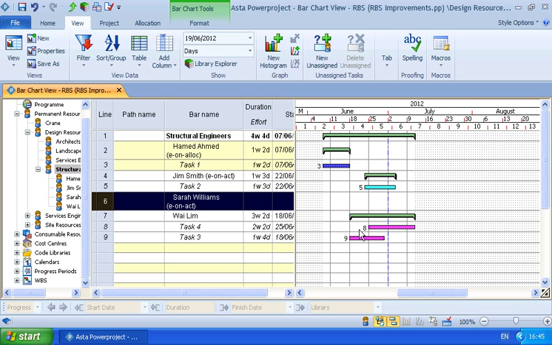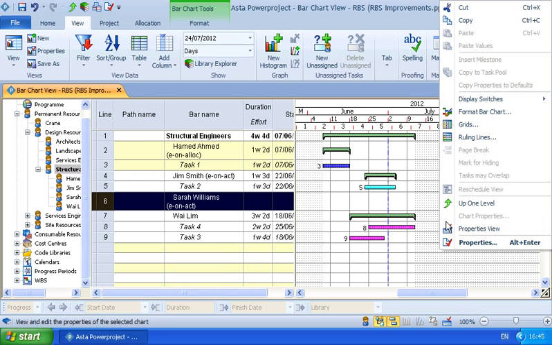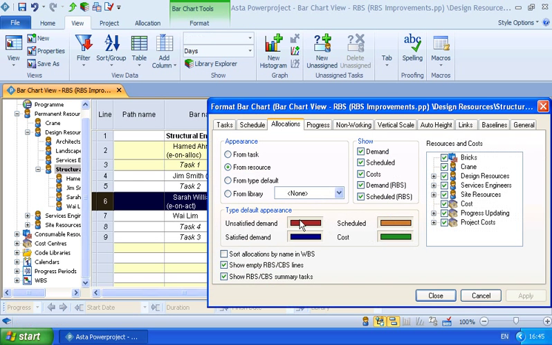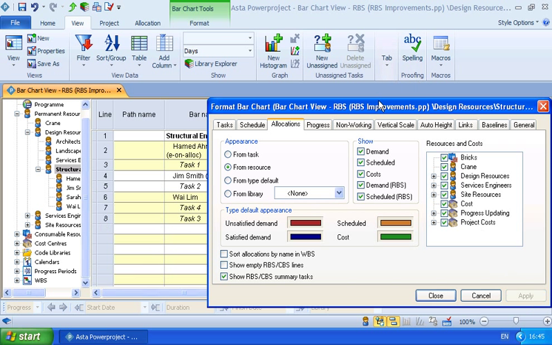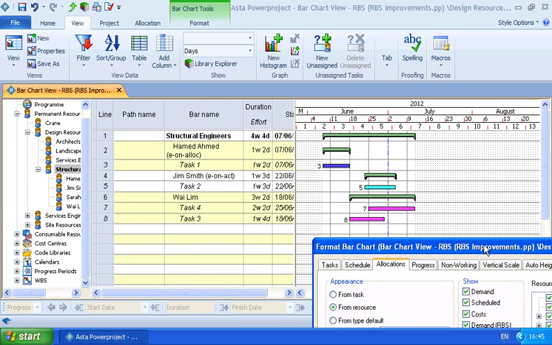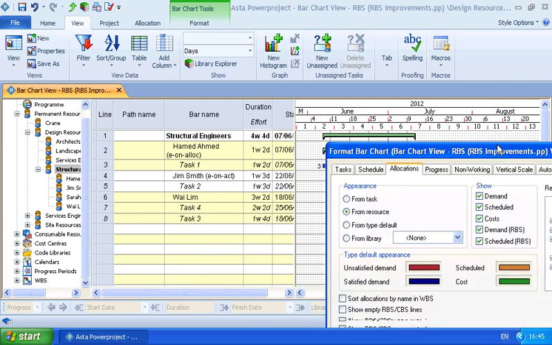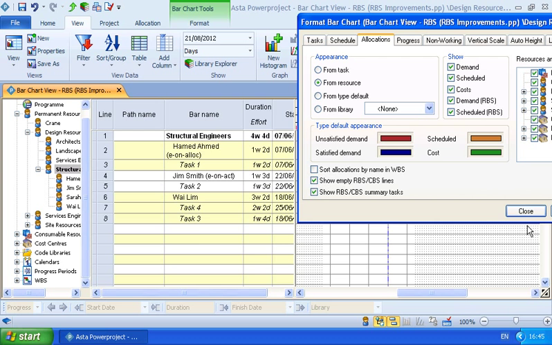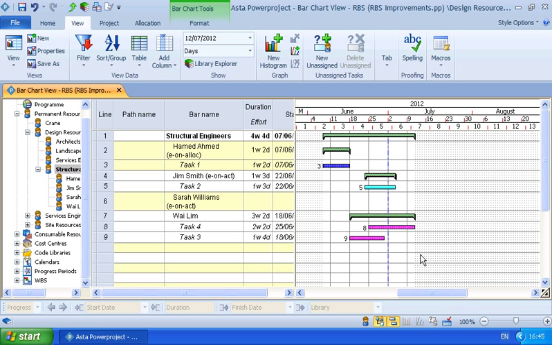Previously, she would not have been shown in my resource breakdown structure, and I can control this in my format bar chart, and there's an option now to show empty lines. If I take that away, you see only those allocations that have been made. So useful to show empty lines in our RBS and highlight who currently does not have any tasks assigned to